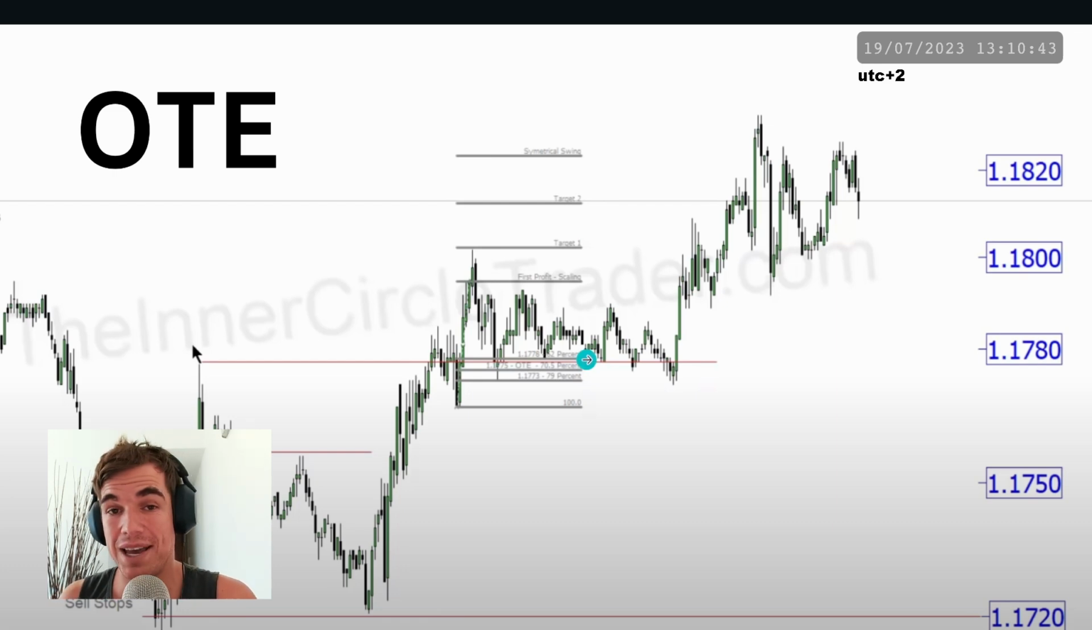78.6. So my question to ICT would be, why not use the actual Fibonacci numbers? Why round them up? But we're talking about miniature things around. If you're taking the 78.6, it just rounds it up to 79. It makes sense to use that. But one of the questions I would have is why not use the Fibonacci retracement, and the numbers are over